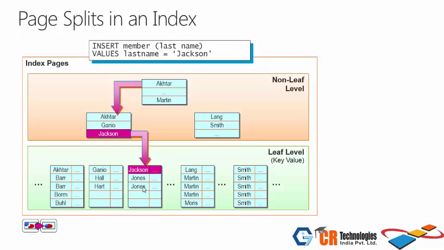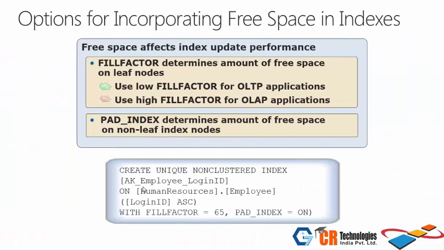Now, in order to do that, one thing you could do is this: when you build your indexes, the original fill factor of the leaf level pages is around 99%, which means you have enough space. It's not really 99%, but you have enough space for one new record. That's the default fullness of your leaf pages when you create a new index. Now you can override that by setting a fill factor value. You can see on the slide that when building or rebuilding the index, you can set a fill factor of, let's say, 65%, which means the page will be 65% full and